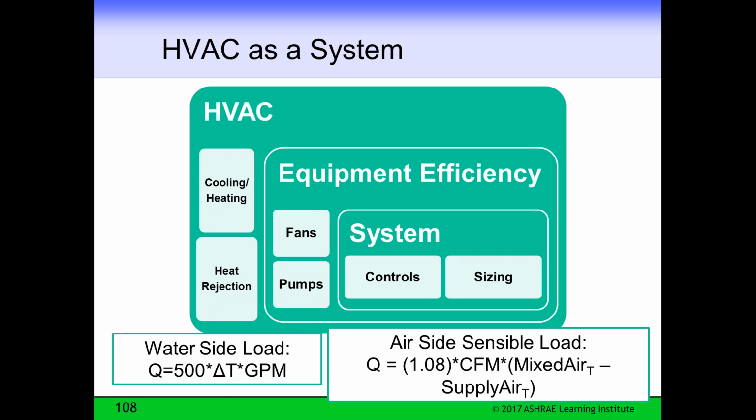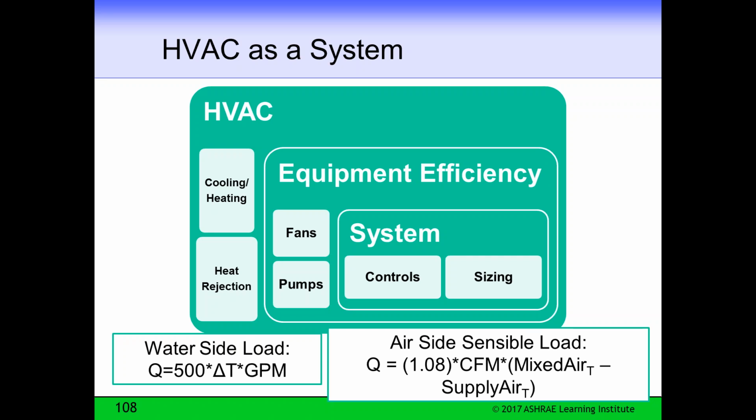And that's the next important thing, or really it comes up front, when we've made the best walls, the best windows, the best lighting, the most efficient process equipment as far as heat rejection, and we've really lowered the size of that HVAC system. We've controlled it properly, and we bought very efficient equipment to run in it. Then we've done what we can do to reduce energy use in the building.